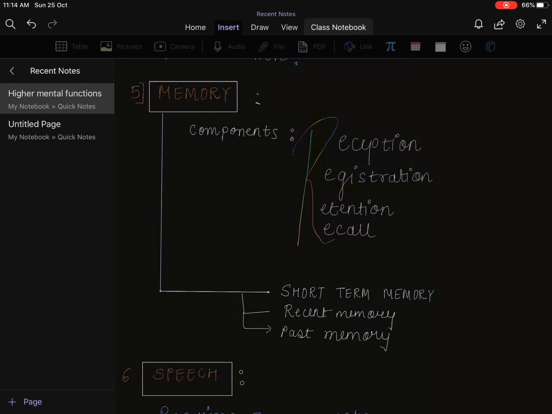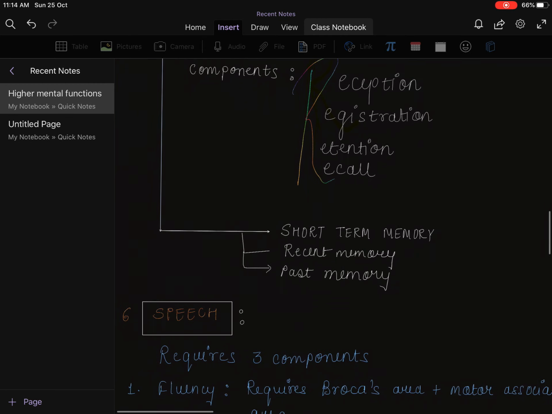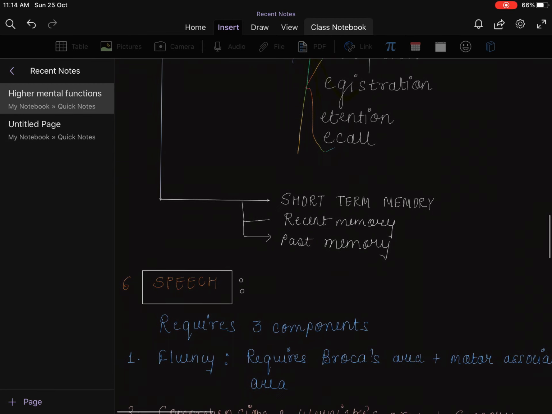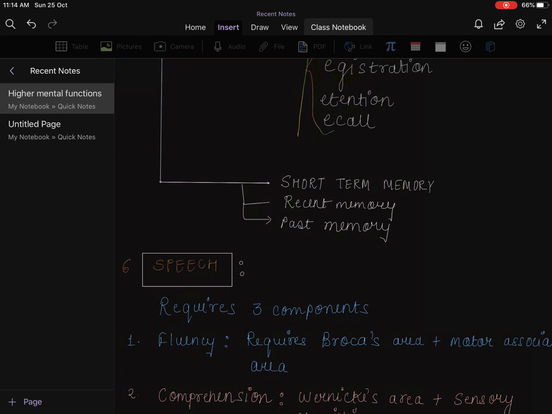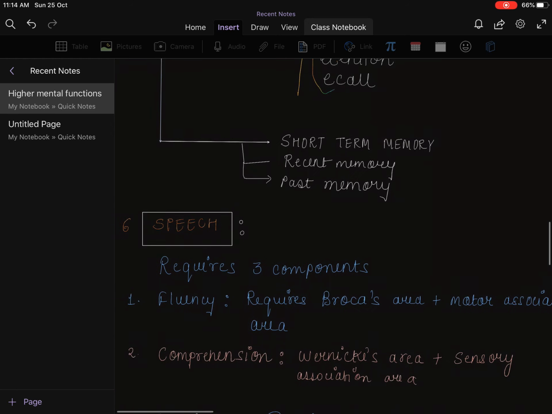And then we have the recent memory. Recent memory is the events occurring within minutes, weeks, months, and it is also an index for severity of the organic brain disease, which is usually tested by asking the morning news that he has read in the newspaper or seen on television. Or you can ask him the names of 3 different objects and ask it after 3 or 5 minutes. Ask him about the name of the visitor whom he met last evening or night.